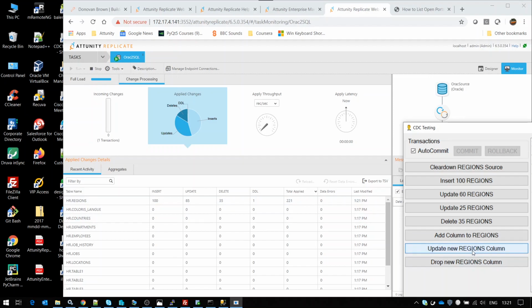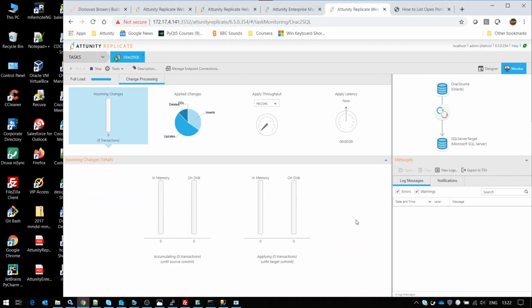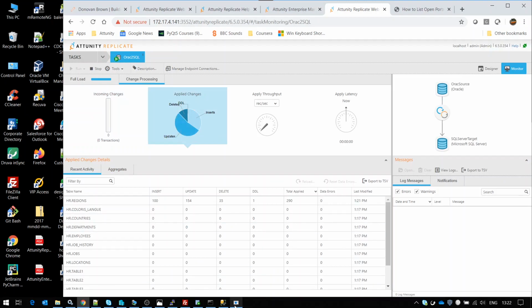And now I can propagate some data through that new regions column as well as through some more updates. So you can see that being reflected here. No delays on either the source or the target, so everything going straight through in memory and propagating those changes